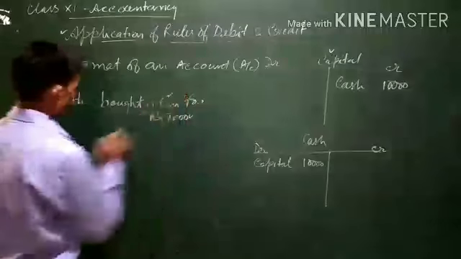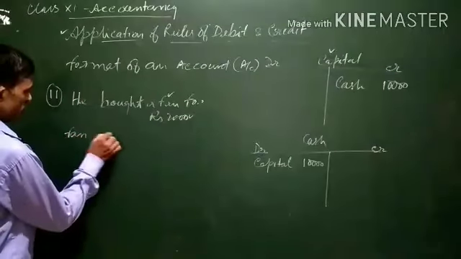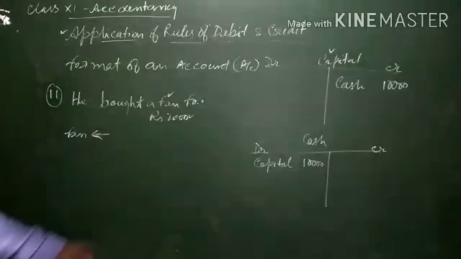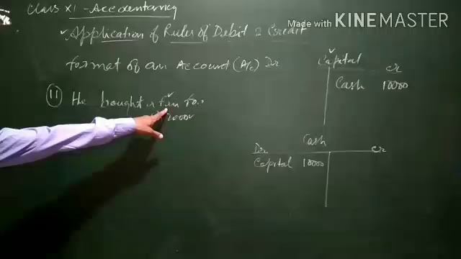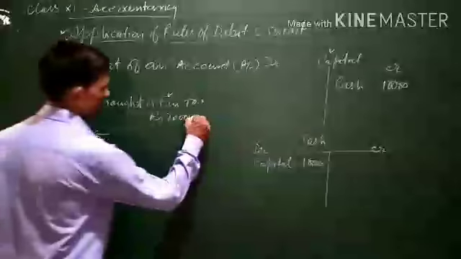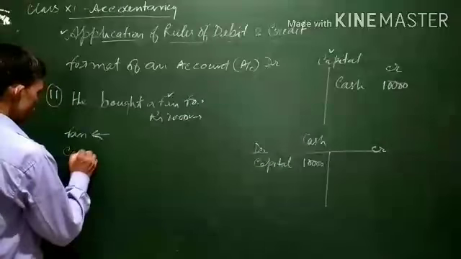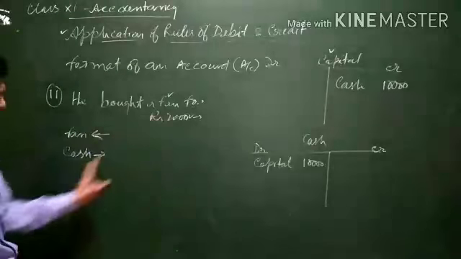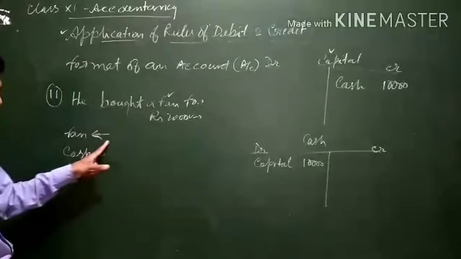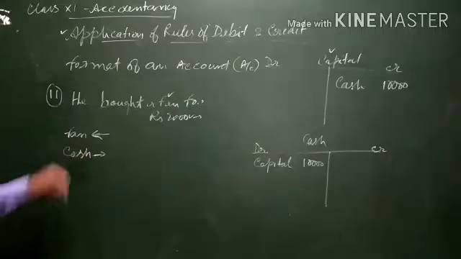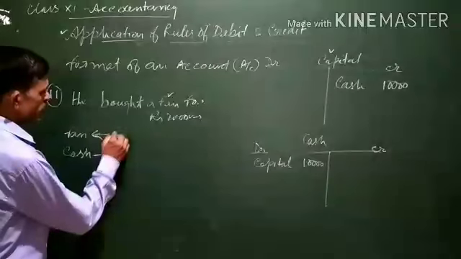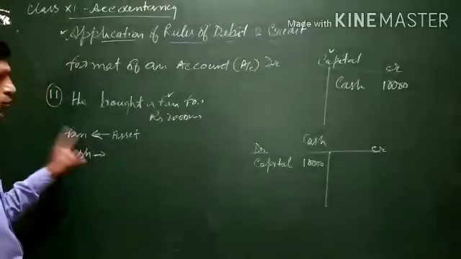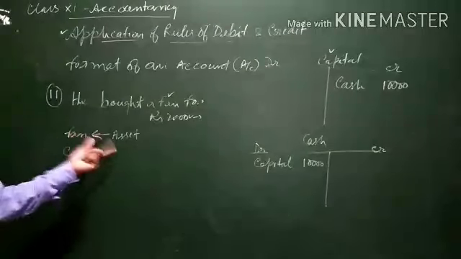First is a fan which is coming into the business. He has brought it, so the fan will come into the business. And when he purchases the fan, he will be paying this 2,000 in the form of cash. So cash will be going out of the business, and a fan will be coming into the business. Now, this fan is an asset because it is of use to us. Anything which is of use to us, that is an asset.